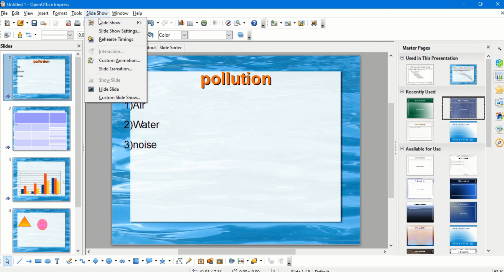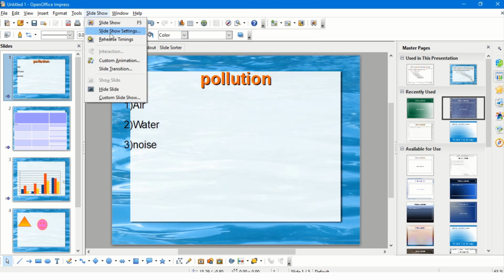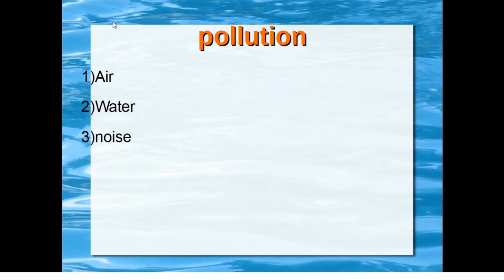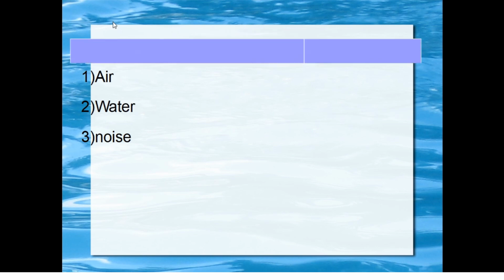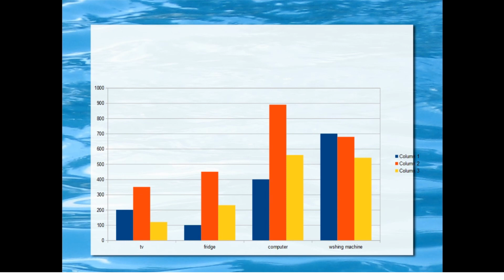Once my entire presentation along with animations and all the different objects are ready, I can click on Slide Show and run the slideshow. I can even set up my slideshow to run manually, or from only particular slide numbers, from this slide to this slide, and all those different types of options for my slideshow settings can be done from the Slide Show option, Slide Show Settings. And once everything is ready, I can simply click on the Slide Show option and run my presentation according to whatever I have selected. Those presentations will be played on my system.